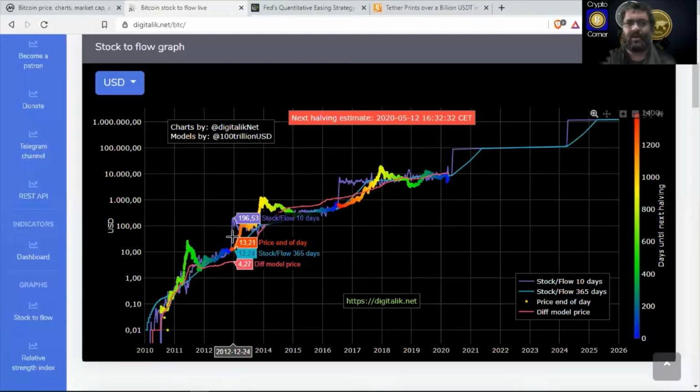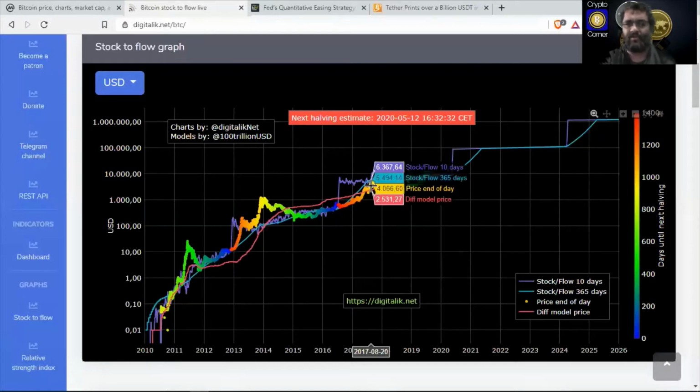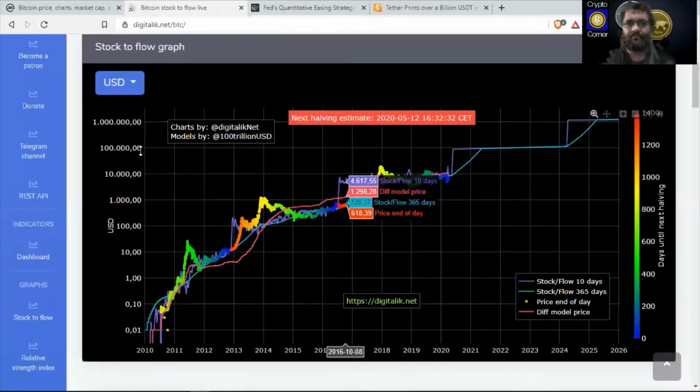Now, here we can trace this movement on the historical graph here at this website, digitallick.net, where the historical price is following this kind of logarithmic trend. You can see on the vertical axis the original price,